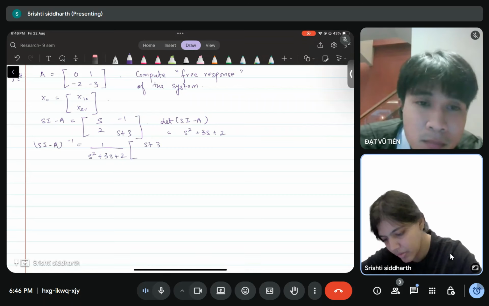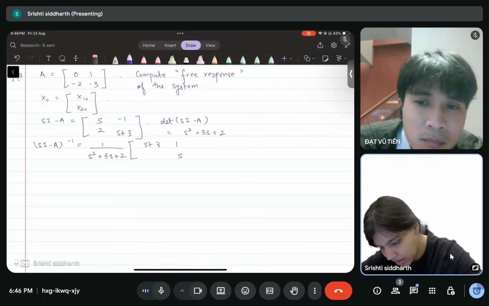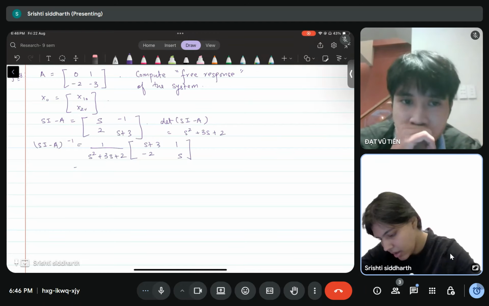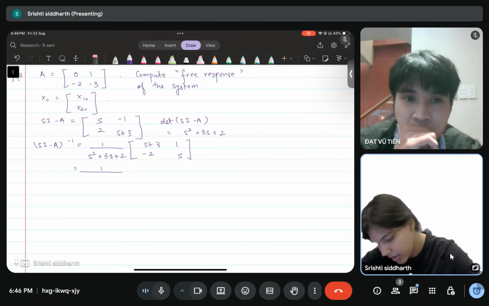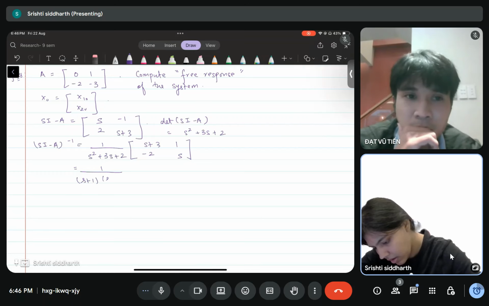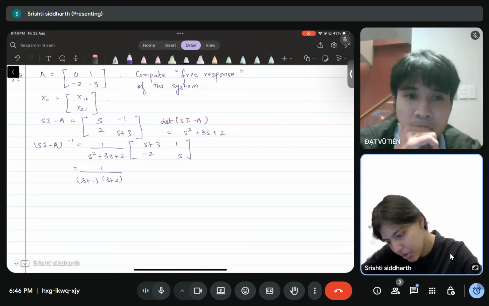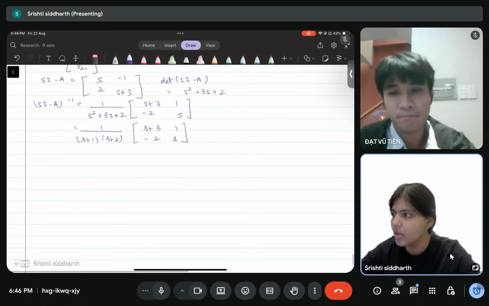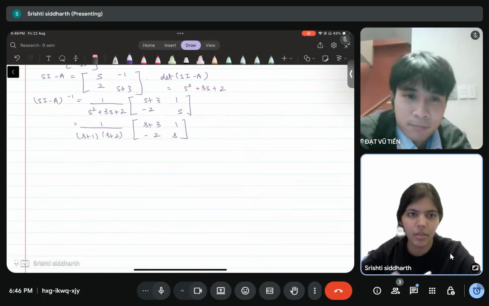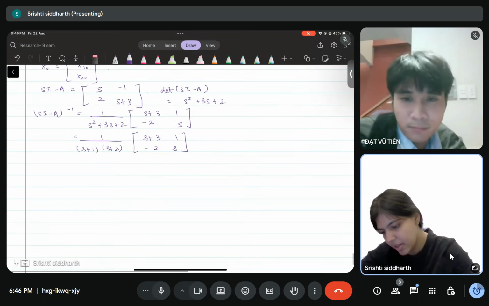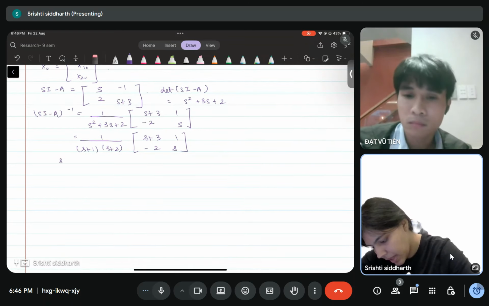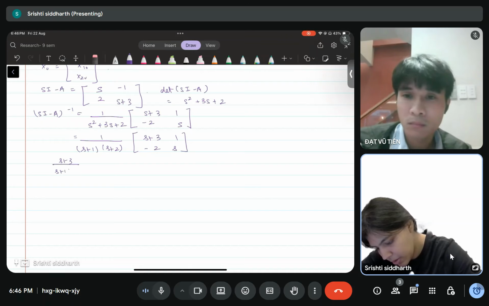Change the elements of the main diagonal, and these are of opposite signs. Okay. You can factorize the denominator. This is, I think, s plus 1, s plus 2 and s plus 3, 1, minus 2 and s. So the Laplace inverse is simply by the partial fraction expansion, right? So we need the Laplace inverse of s plus 3 over s plus 1, s plus 2